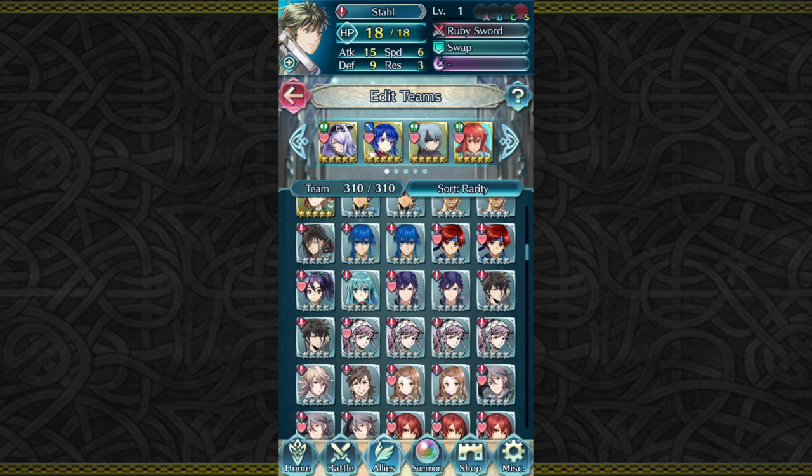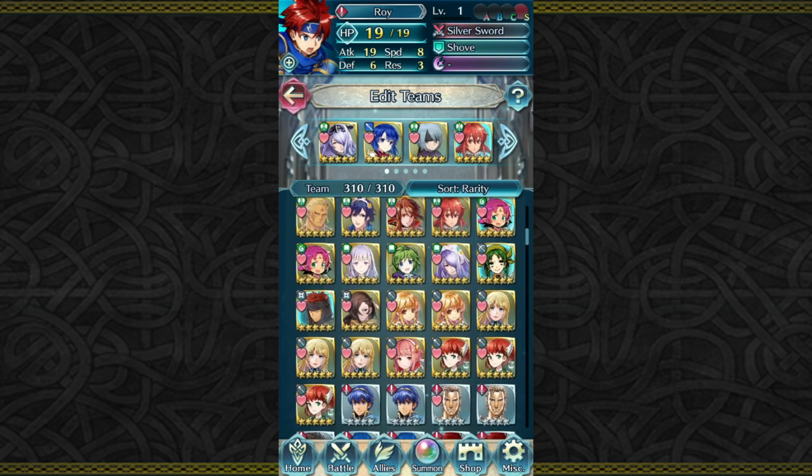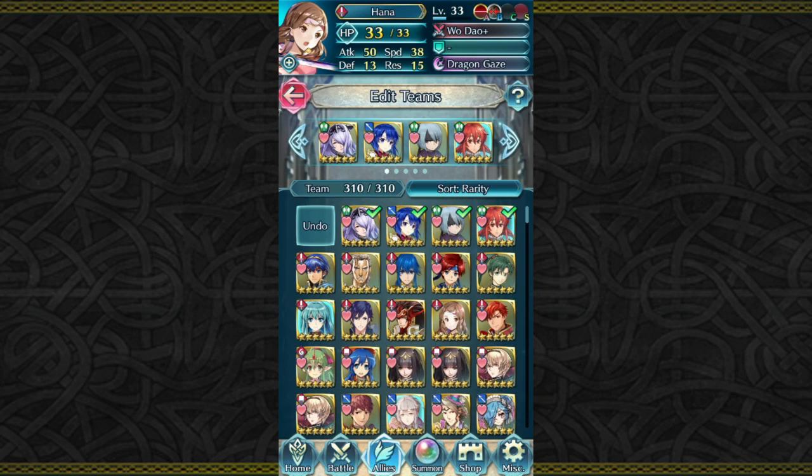mind-boggling +24 damage. That is outrageous. And that is, no matter what, +24 damage on that tome. That is a lot of damage. The only problem that really comes with this is that, of course, when you're trying to make this team, you